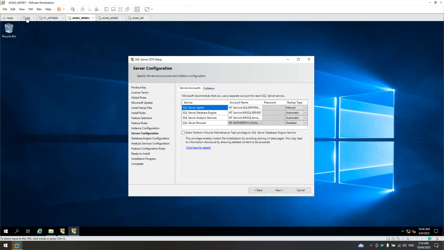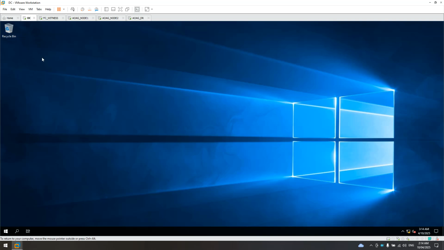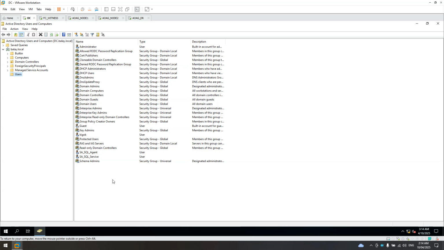Remember, in the domain controller, there is the DNS server config, the one that I showed you before. For the SQL Server agent, make sure you use that one. And for the SQL Server database engine service account, use the SQL service account. I'm going to use these 2 accounts in this configuration.